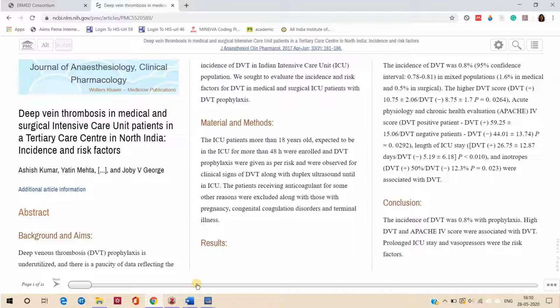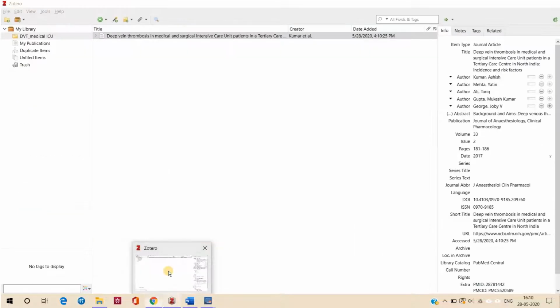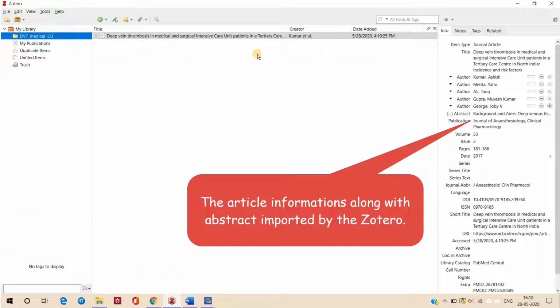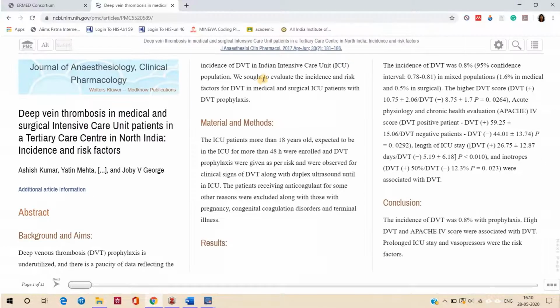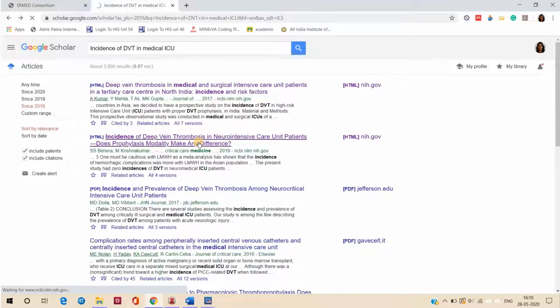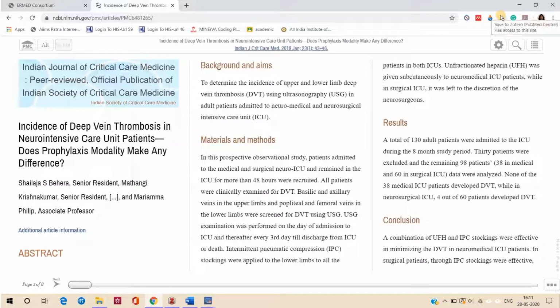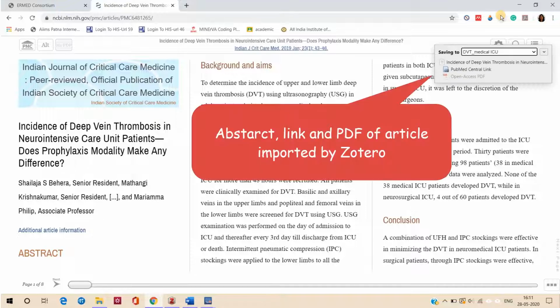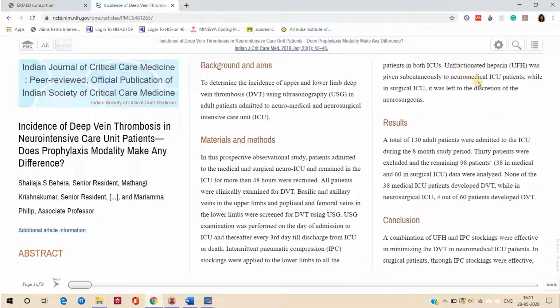Now you can open your Zotero and you can see an article here. Similarly, you can save another article. Click on this and then click on this Zotero. Wait for some time. This has been saved.